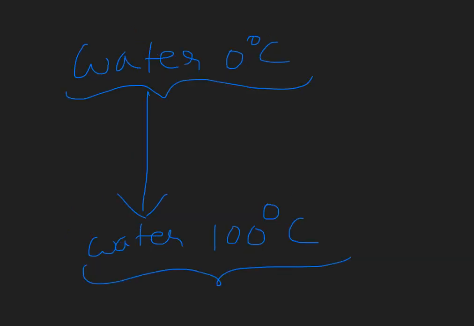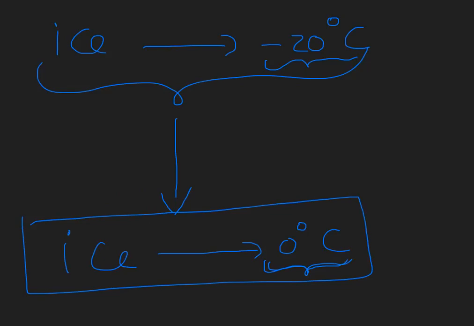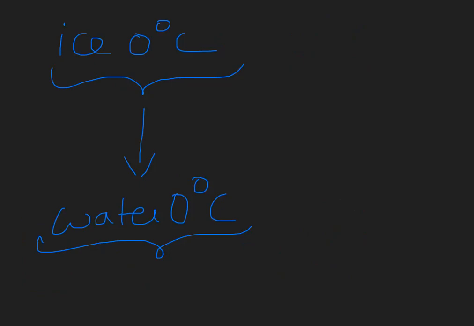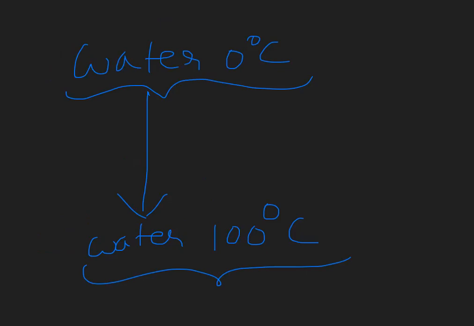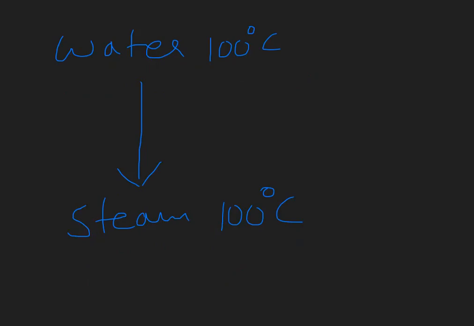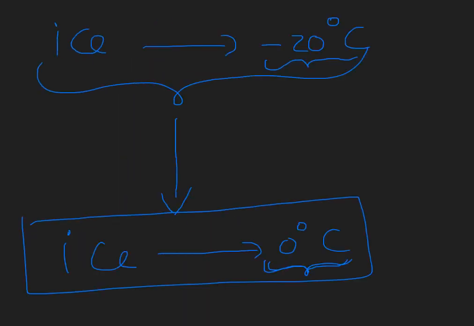So you just observe the process from the start. First, ice at minus 20 to ice at 0, because ice can have maximum temperature 0. After ice reaches 0, by taking some more heat, ice will convert from 0 to water at 0. After converting to water at 0, water's maximum temperature is up to 100. After converting to water at 100, it will go to steam at 100. So we are going in these steps.